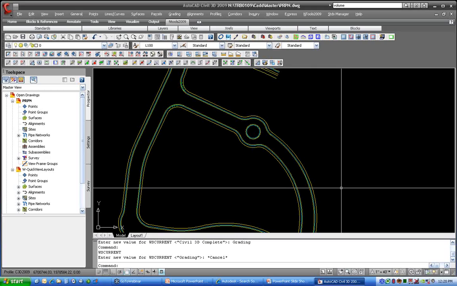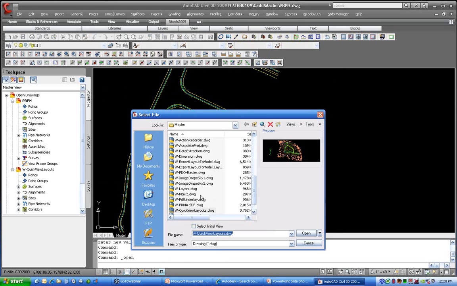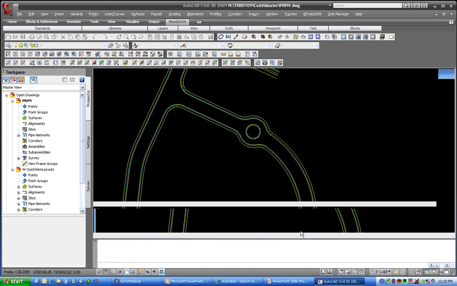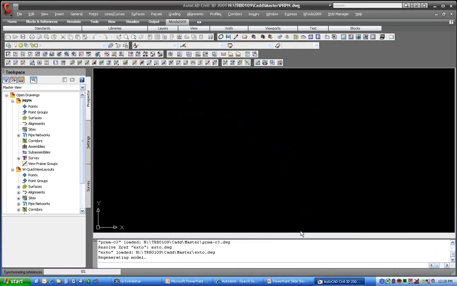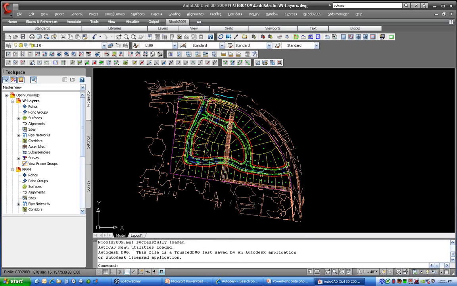So let me jump back into my AutoCAD, and I'm going to open up another drawing here. I've got one set up for manipulating layers here. All right, get that file open. This has some XREFs loaded and a bunch of layers, so I can kind of play with some layer manipulation. First thing I'll point out on the layer command, and I'll do it off my toolbar here,